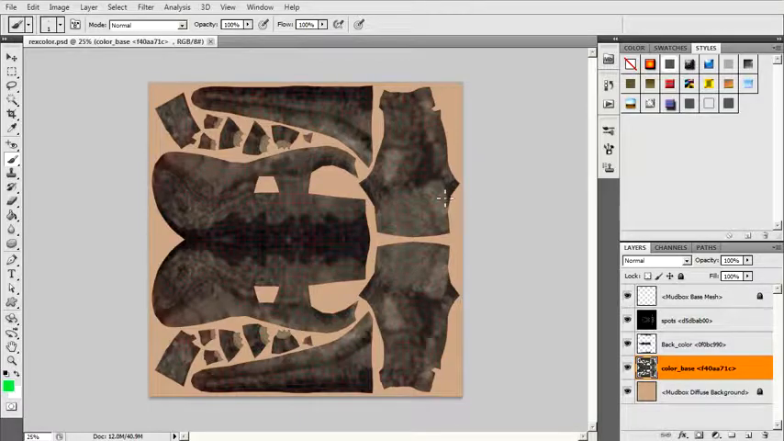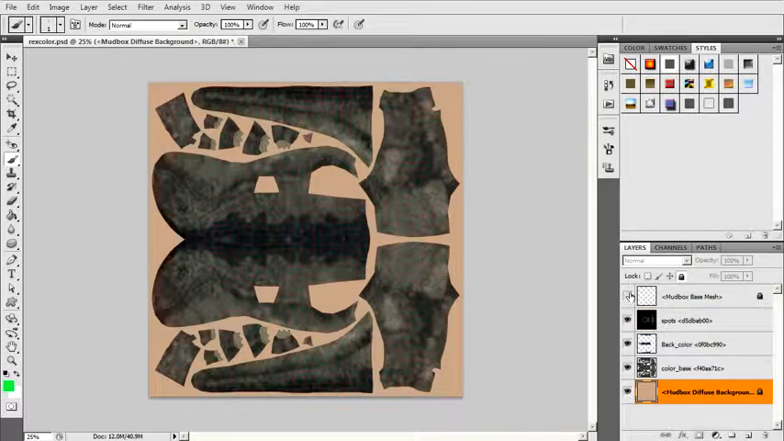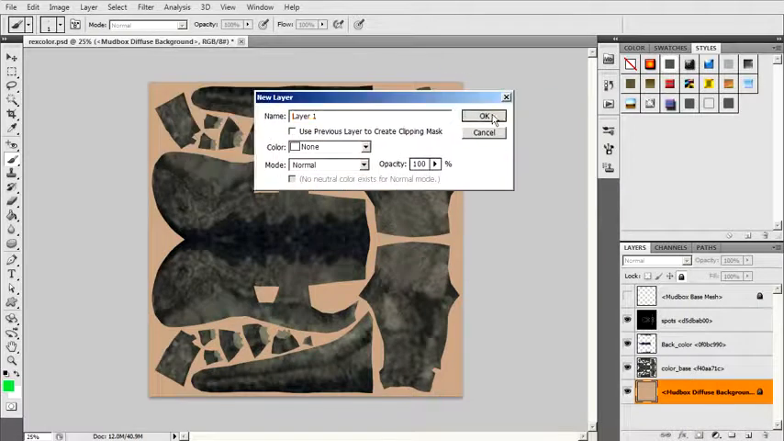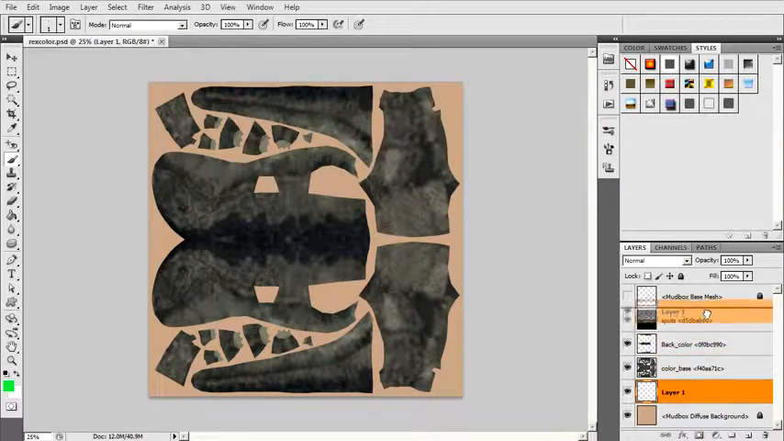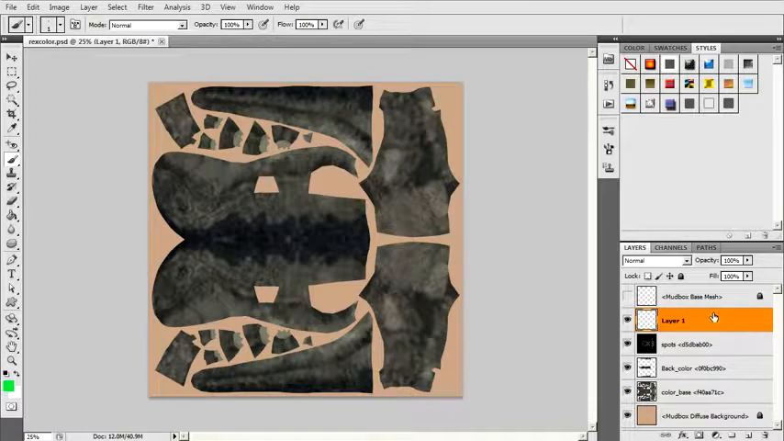It's telling us we can now edit this in our external editor, which in this case is Photoshop. So within Photoshop we have several layers here. We have the color base, we have the back color, and we have the spot. So all of those paint layers have come through. We also have a layer for the diffuse background, and then we have a layer that has our UV layout on top. So we can come in and modify these layers, or we can add new layers. So let's add a new layer, and we'll just say OK to that,